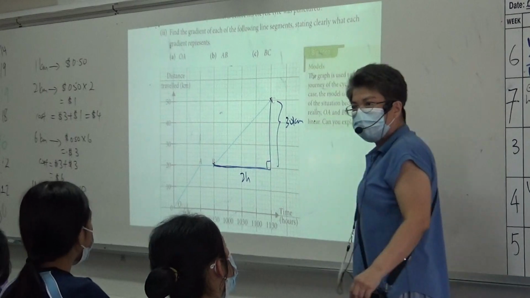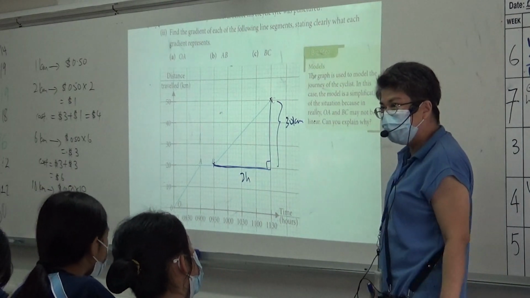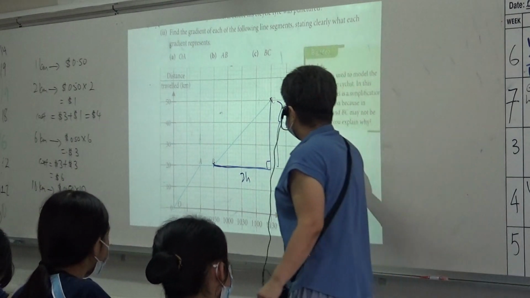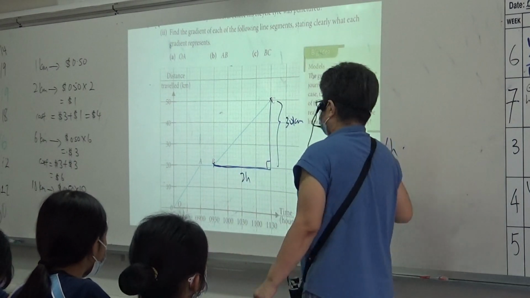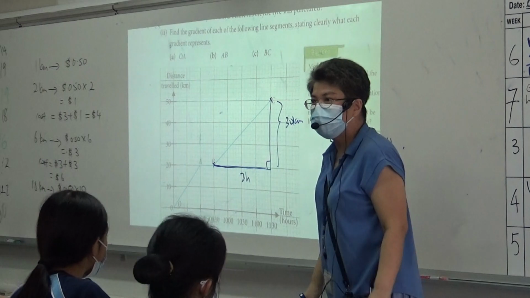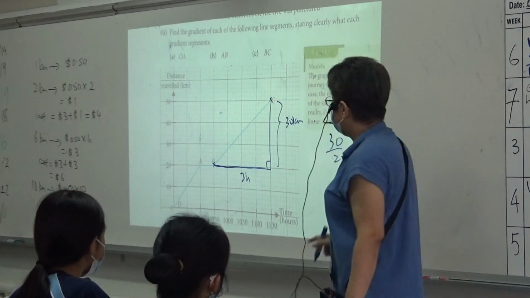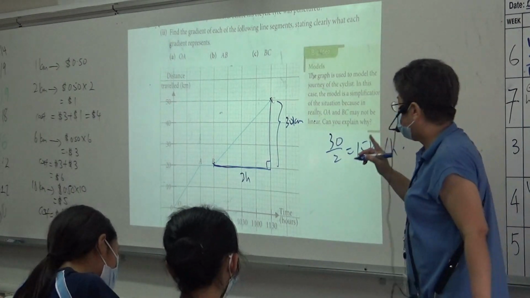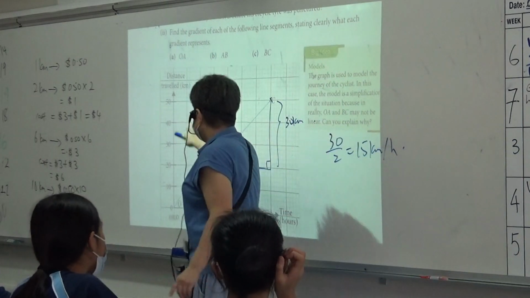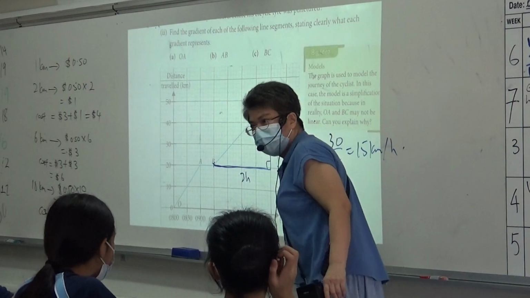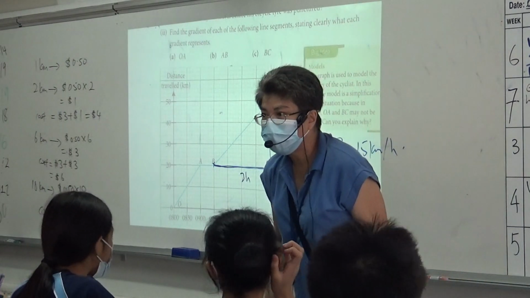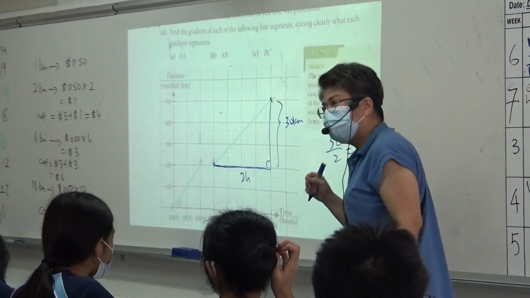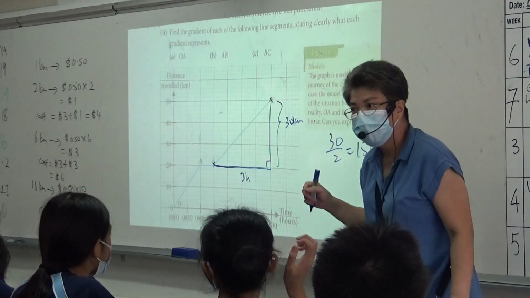Remember the last time I told you, speed is distance divided by time, right? Correct? So 30 divided by 2, what is it? 15 kilometers per hour, right? Rise over run. So what does it mean? The gradient of a distance time graph will give you the speed. Agree? The gradient of a distance time graph will give you the speed. Okay, can you write